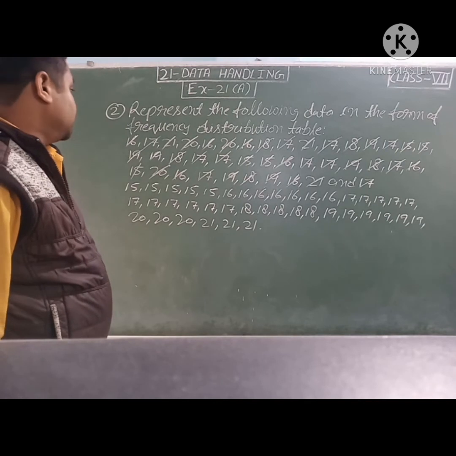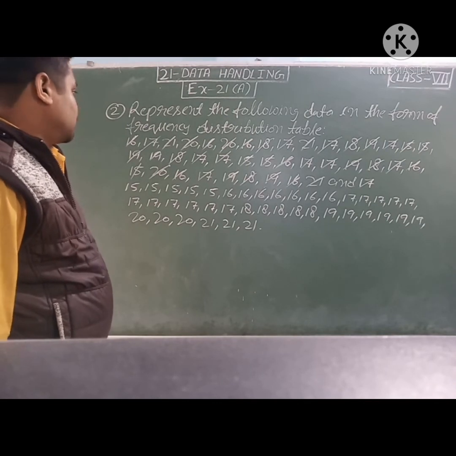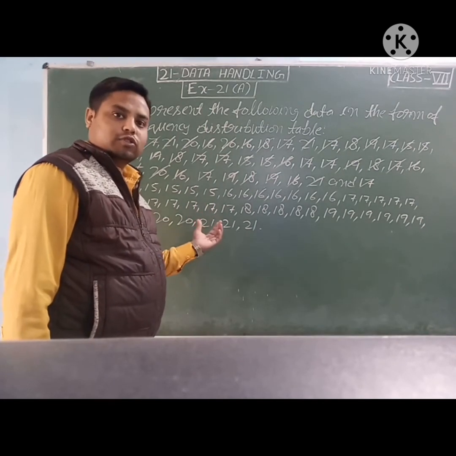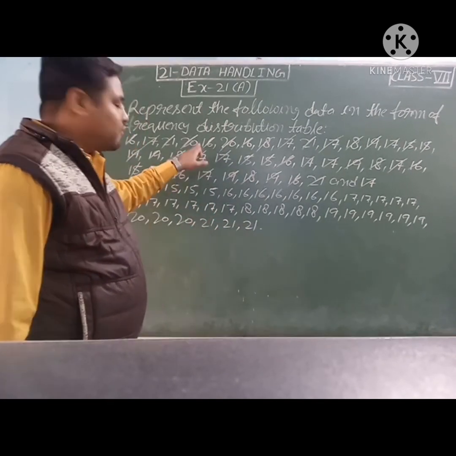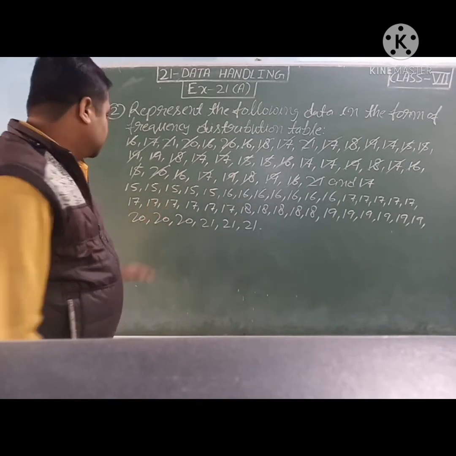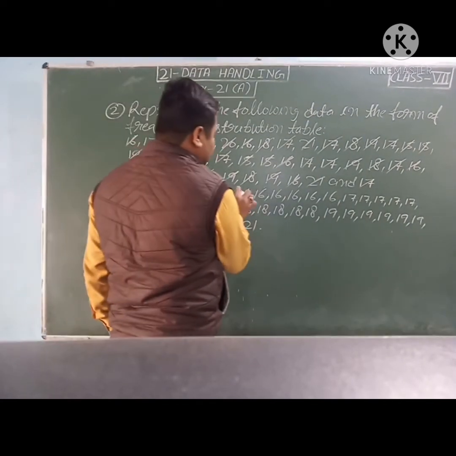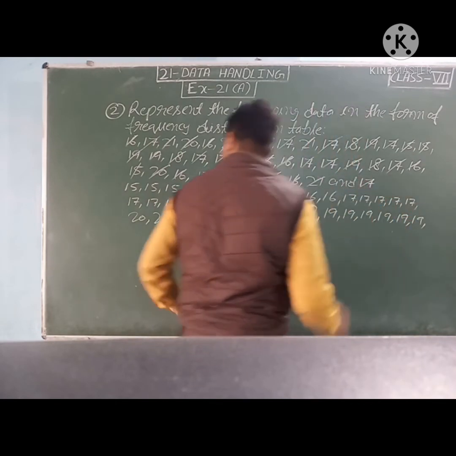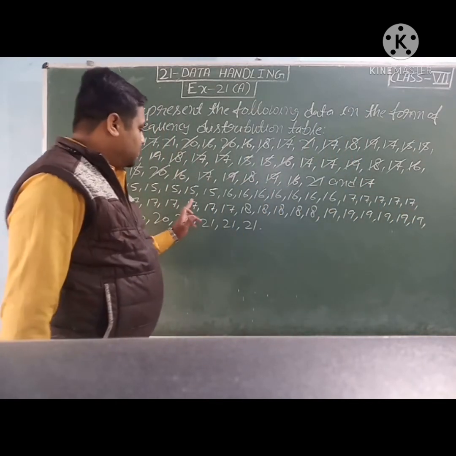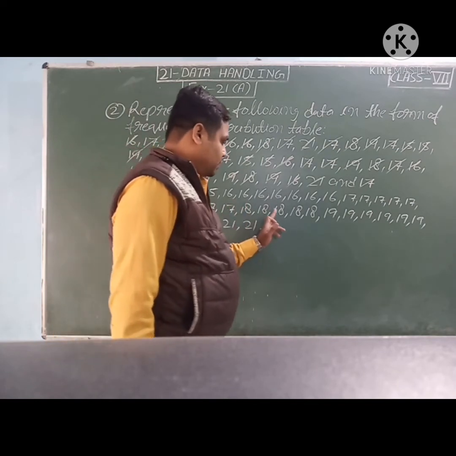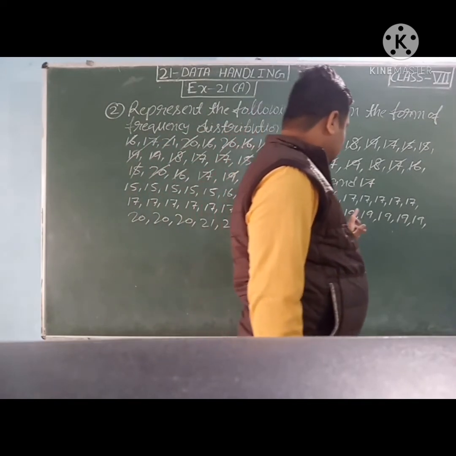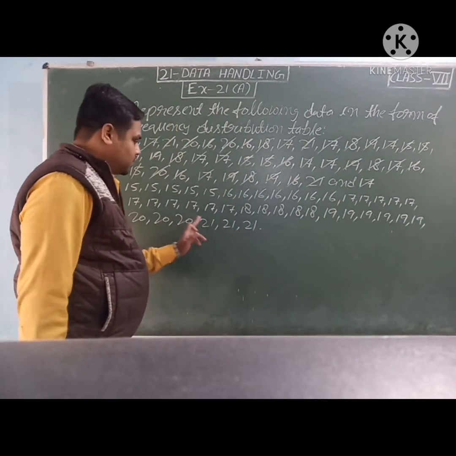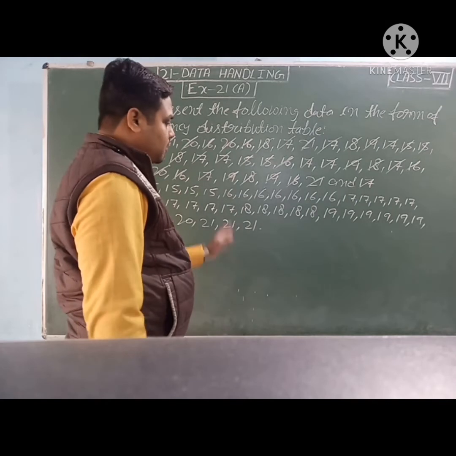Check it carefully. No number is left uncut. So we can cross check by counting also. They are 40. Count these also. They are also 40. 1, 2, 3, 4, 5, ... 40. Yes, they all are 40.